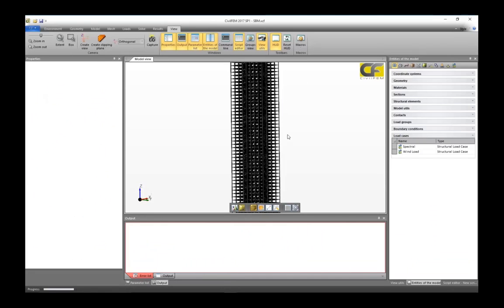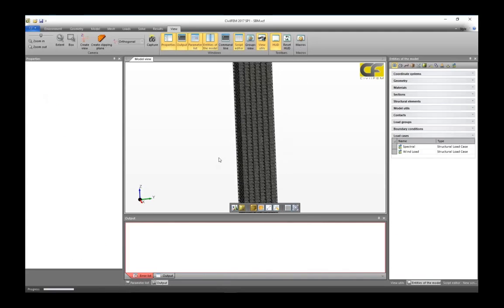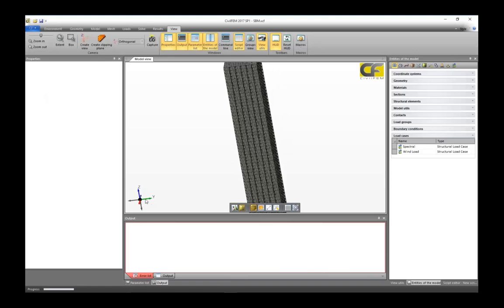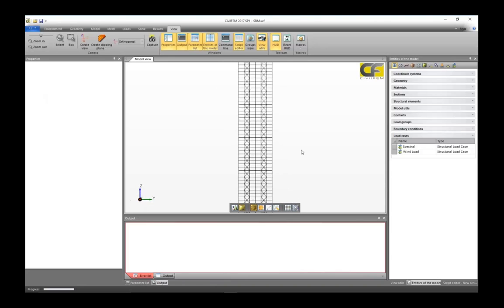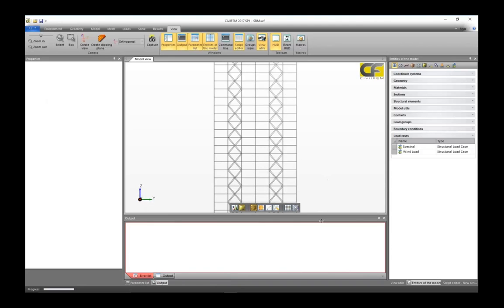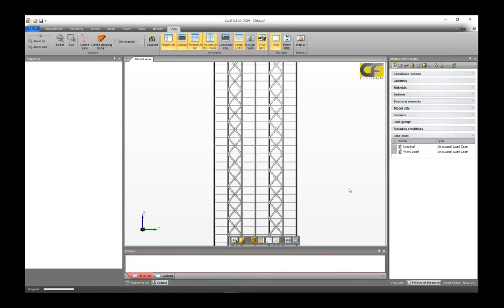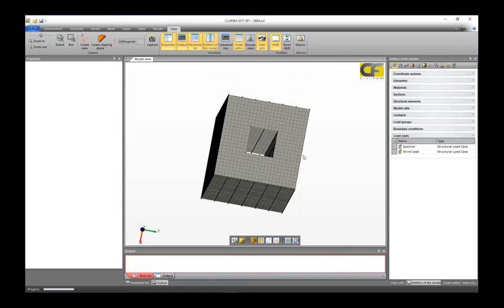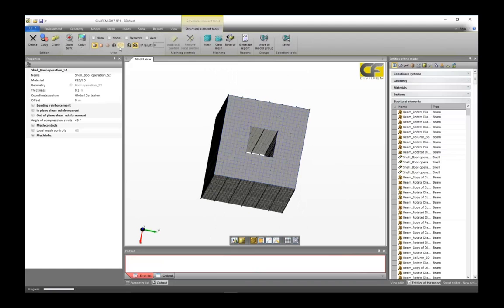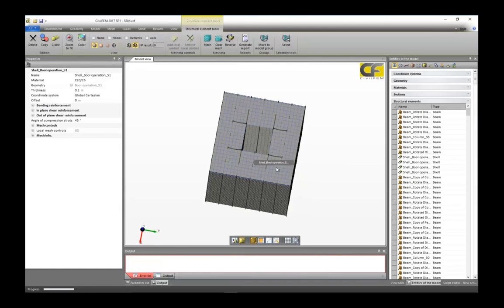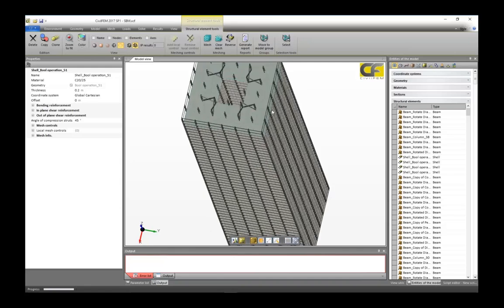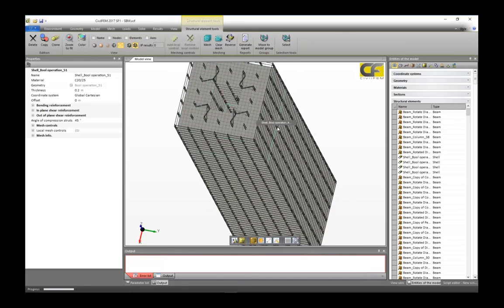This is the first example we are going to see. In this view, you can see there are some internal crosses to support lateral loads, and inside by the core we have these crosses,